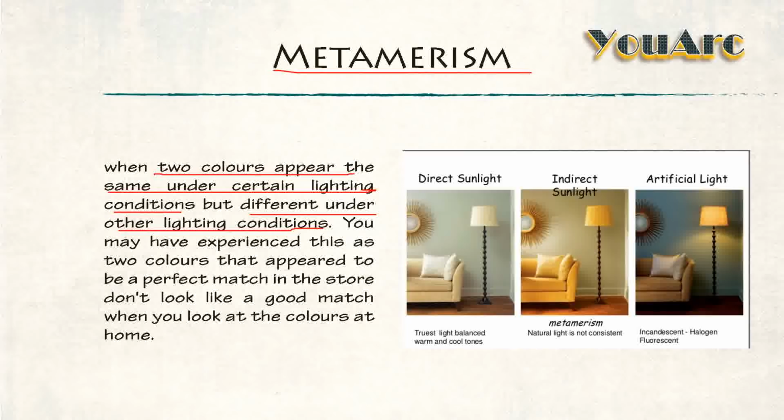We can see in this example that the color of the living room shifts when the light source changes. When direct light is the source, we get this particular color of the living room. It becomes a little warmer when indirect light, sunlight, is the source, and there is a huge shift from there to here when artificial light is the light source. So when the light source changes, the color in the room changes. This effect is called metamerism.